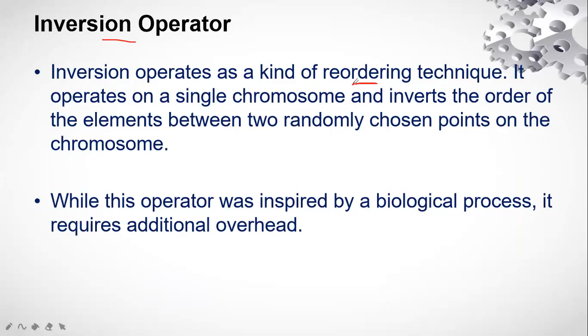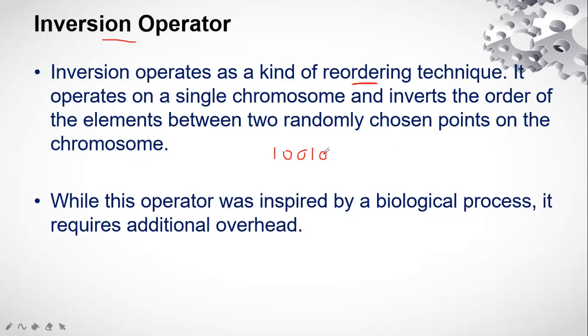Reordering means placing the bits in a different order from the one in which they exist. It operates on a single chromosome and inverts the order of the elements between two randomly chosen points on the chromosome. For example, this is 1, 0, 0, 1,